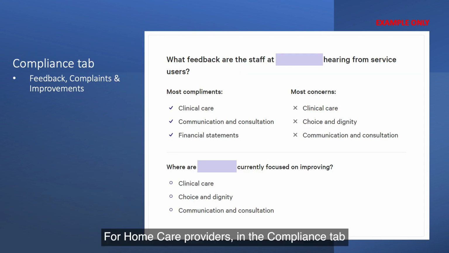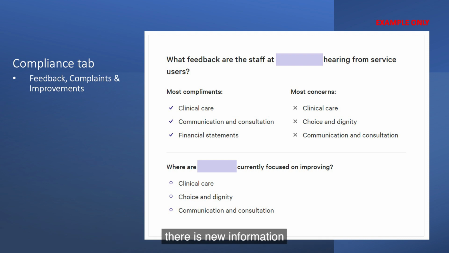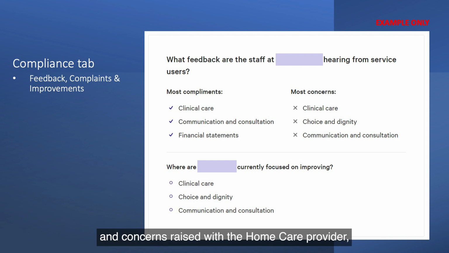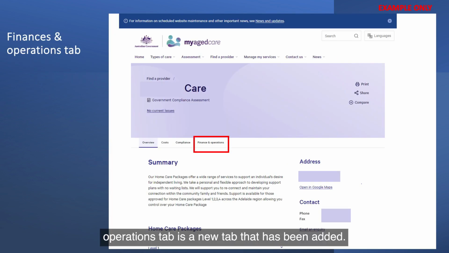For home care providers, in the Compliance tab, there is new information about the most common kinds of compliments and concerns raised with the home care provider, as well as key improvements the provider has made. The Finances and Operations tab is a new tab that has been added. This is where most of the financial information will be presented, along with additional business details published about the home